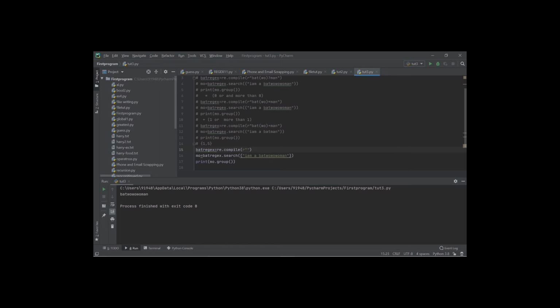So let me write the program, raw string. Now slash d slash d slash d, and the area code is optional. There can be an area code, or the number can be without area code. So if it's 0 or 1 time, I am making use of the question mark here. And now again slash d slash d slash d, and each of them is separated by a comma.